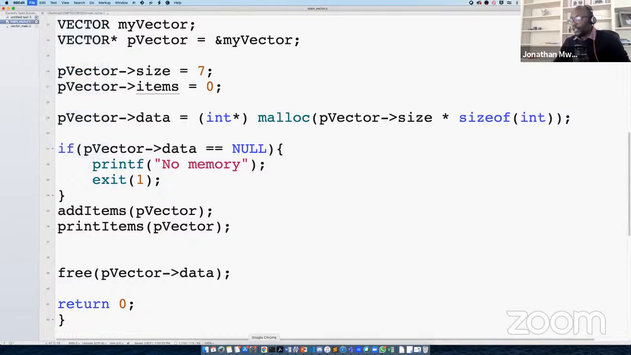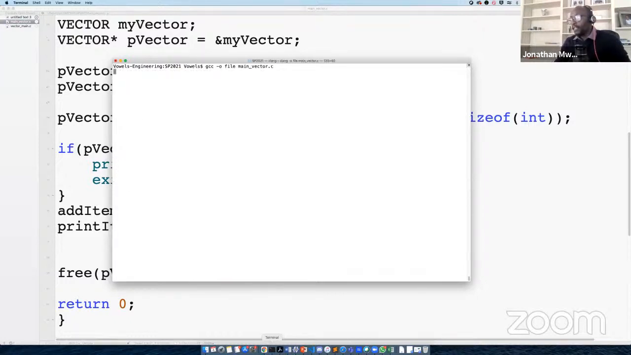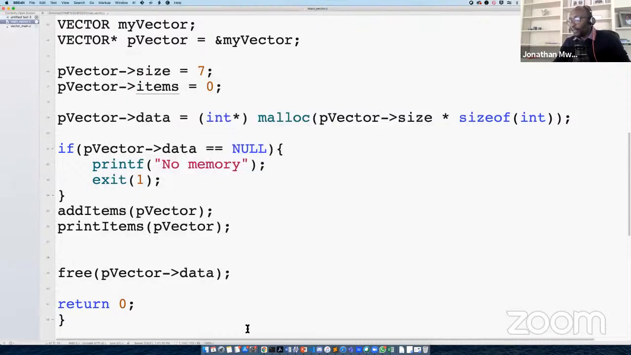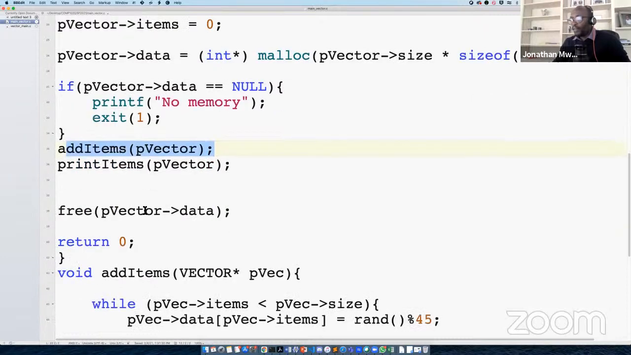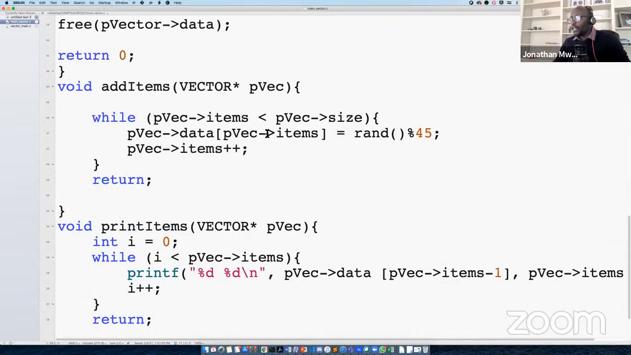You can change this, and now it compiles fine, no problem. So let's compile again. We run it, and it works fine. Well, it doesn't appear to be changing the values, but it's printing all of them. So let's see what is happening there. We are calling pvector.data. We are adding some items, add items, pvector. So we go to add items, which is here,